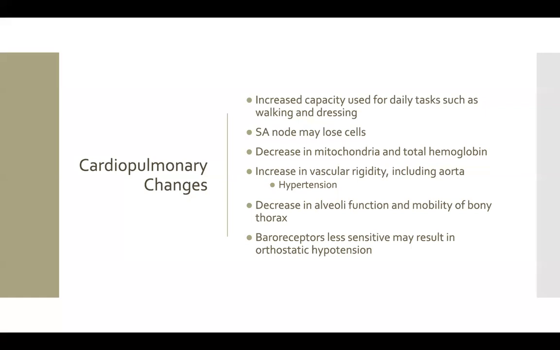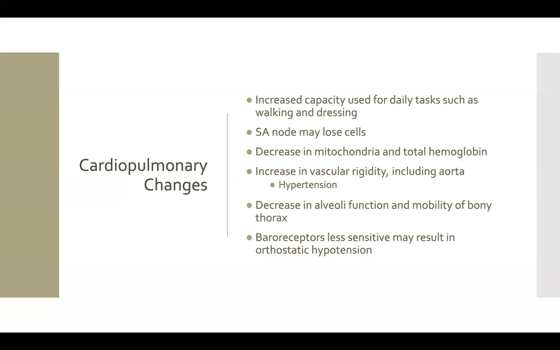Then you have the SA node that may lose cells, which will then cause a slower heart rate, and a decrease in mitochondria and total hemoglobin count. So with the mitochondria and hemoglobin, it's a decrease in muscle energy and efficiency of its utilization, which draws us to that first point of why it's increasing capacity that's used for daily tasks such as walking and dressing. Increase in vascular rigidity, including the aorta, so an increased risk of hypertension, which increases blood pressure,